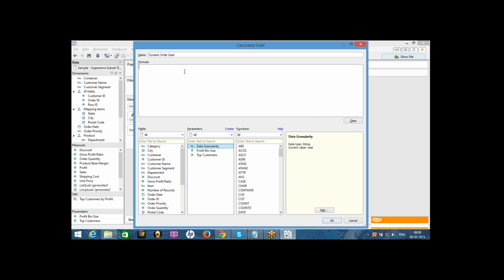Select here, and I'm going to use a function called DATETRUNC with date granularity. I think last time we took order ID instead of order date. Take order date.